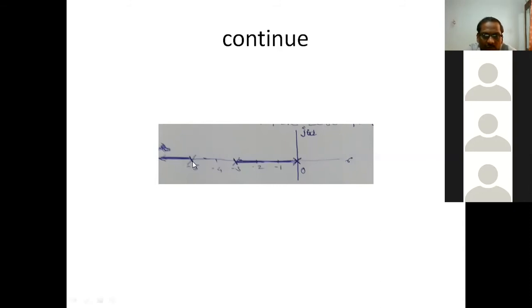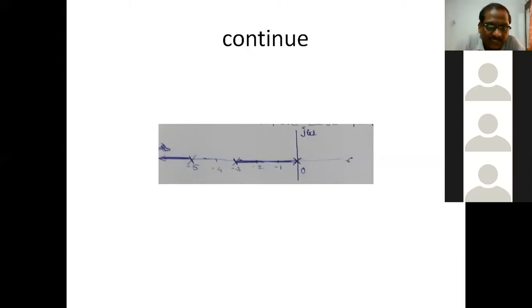Then minus 5 is a given open loop pole, so by default it is there on the root locus. Now all points from minus 5 to minus infinity have an odd count of poles to the right side of them, like 1, 2, and 3. There are 3 poles to the right side of all points from minus 5 onwards. That means the real axis segment from minus 5 to infinity will be a part of the root locus. That's why that segment is highlighted, shown in dark.